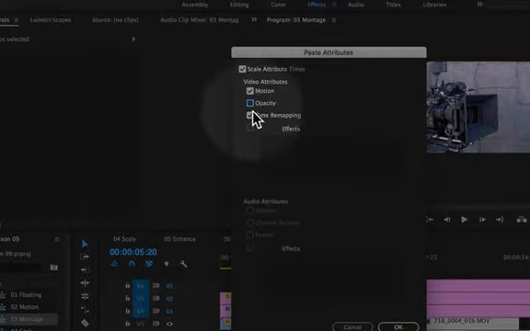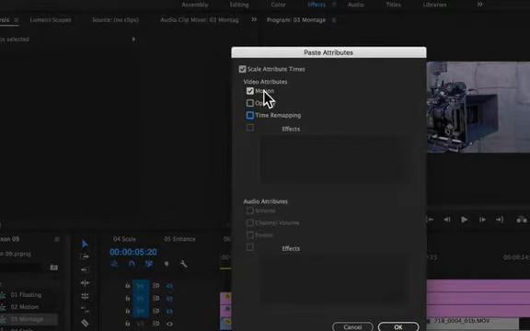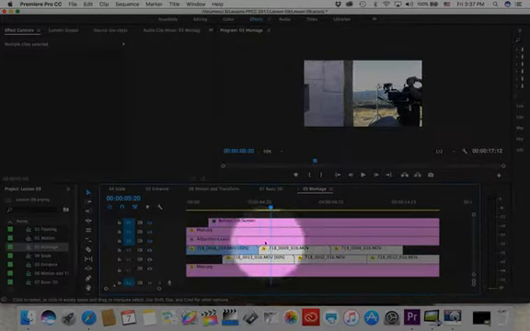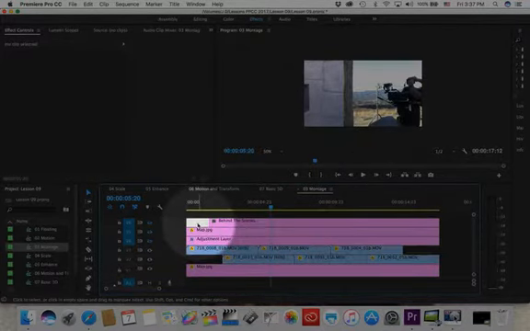So I'm going to click here and deselect these, but I'm going to leave motion on because, as you saw, the x-axis position parameter was located under the Motion tab in my Effects panel. So let me scroll out a little bit here, and I'm going to go down here and click OK. Now, I'm going to click anywhere in the gray area to deselect all these clips,